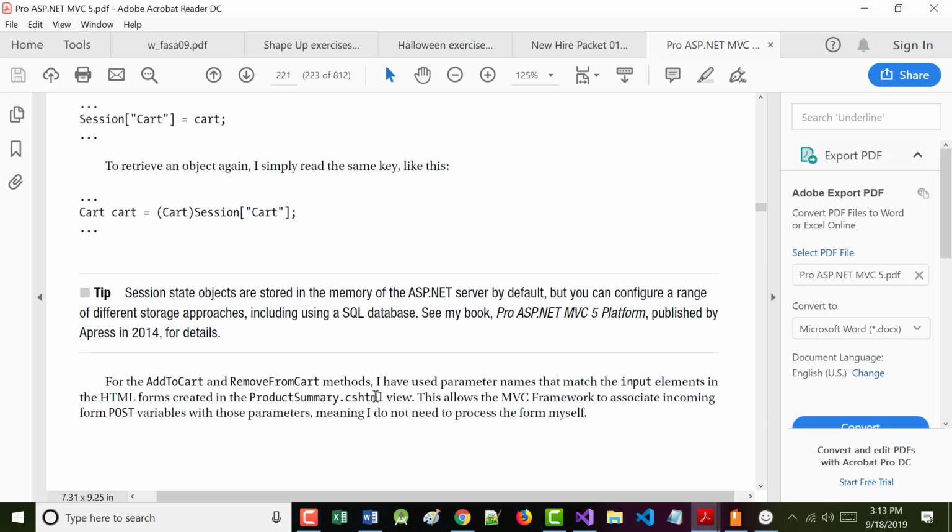For the AddToCart and RemoveFromCart methods, the author used parameter names that match the input elements in the HTML form. This allows the MVC framework to associate the incoming post variables with the parameters. All right. You're being smart, for lack of better words. All right, we've got 2 or 3 more pages to go, and then we're done with the chapter.